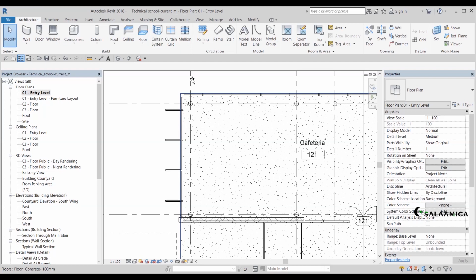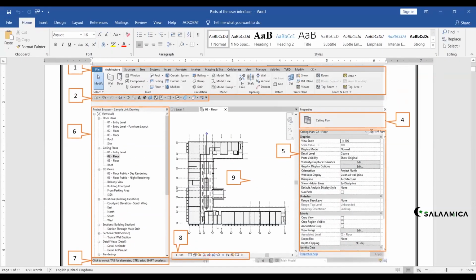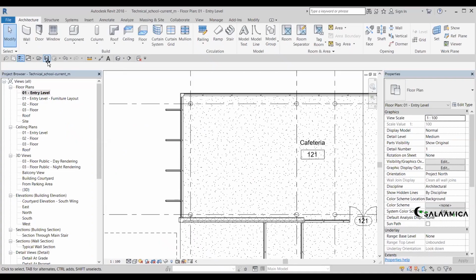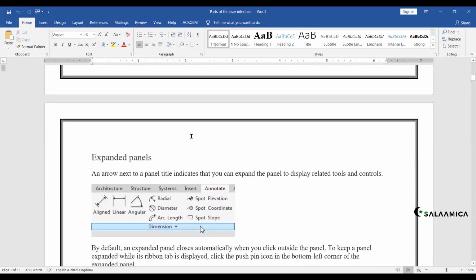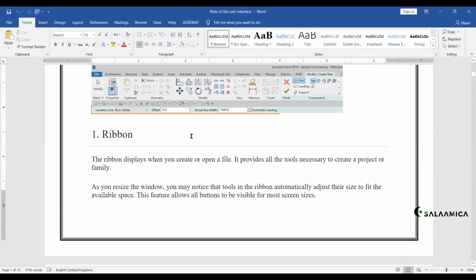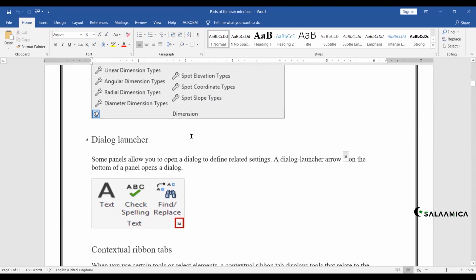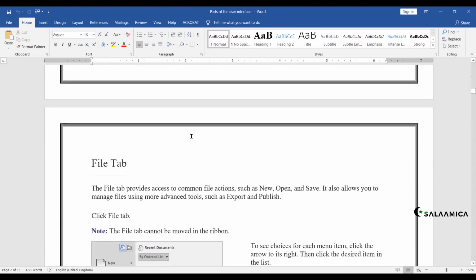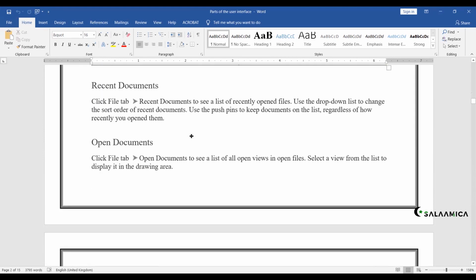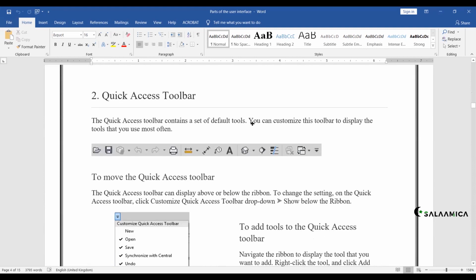Okay, now what else? Actually, the quick access toolbar is something like a tool wherein you will put the most, let me just check the description. Okay, quick access toolbar. You can customize this toolbar to display the tools that you use most often.